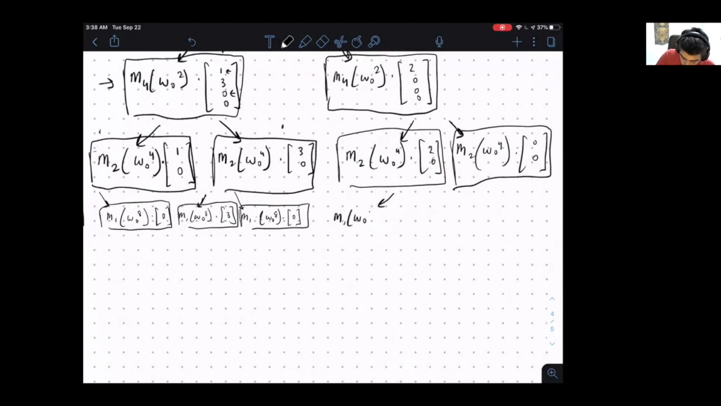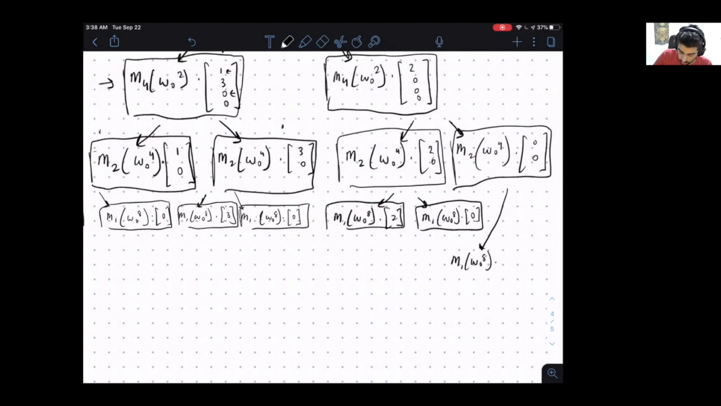M1 of omega naught to the 8 times 2. M1 of omega naught to the 8 times 0. Okay, and finally, this is m1 times omega naught to the 8 times 0. m1 times omega naught to the 8, also times 0. Okay,